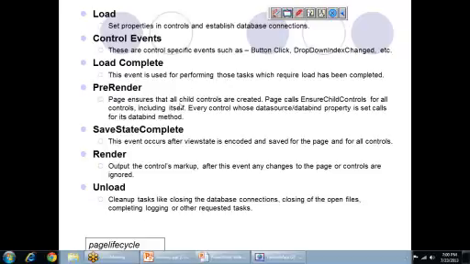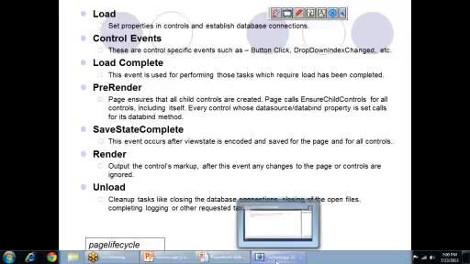Now, for the sequence, this is what the sequence of the program is. We will see a simple, very basic example. The actual details, what we can do in the page load, what we can do in the unload, what we can do in the render, all these things we will do slowly when we write multiple programs in different classes. Here I will just demonstrate how the sequence happens, in which the events are executed.